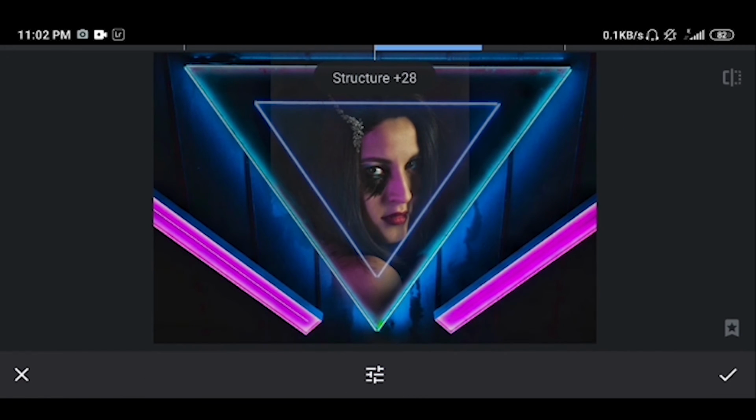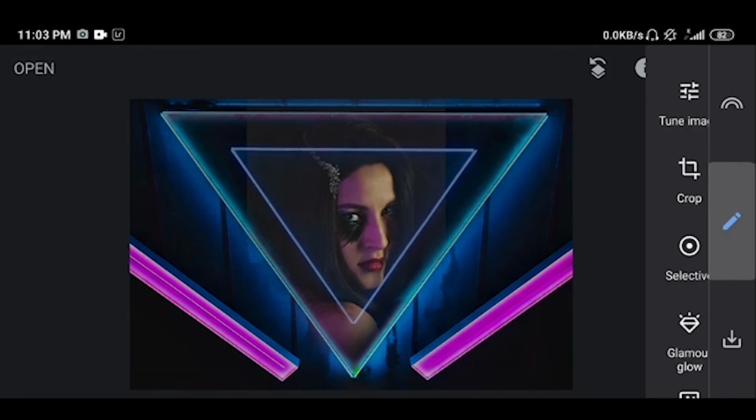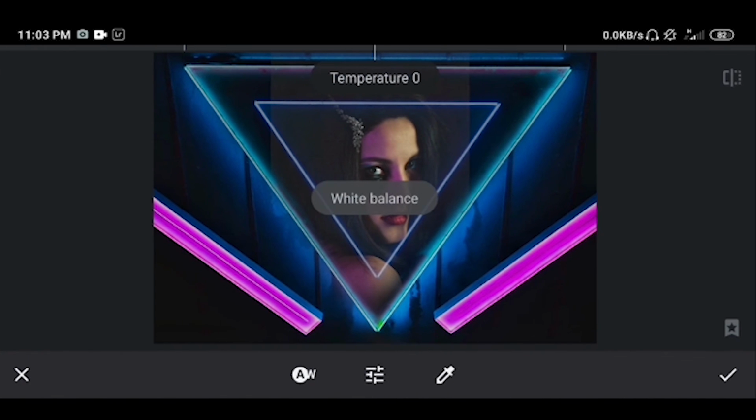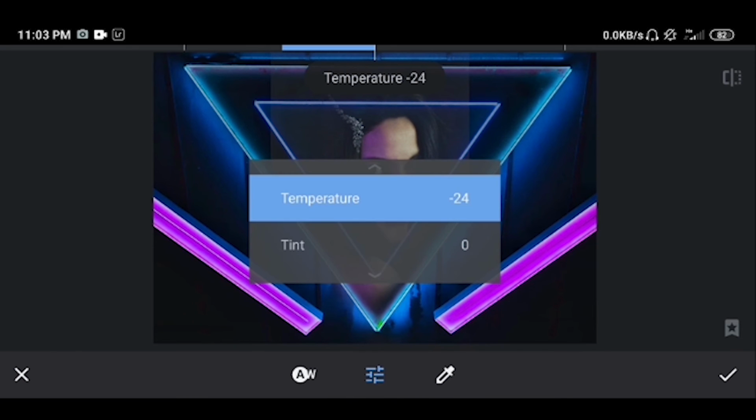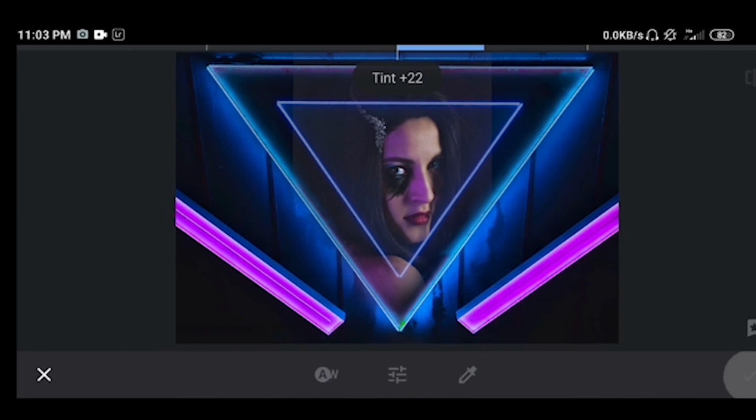And structure, decrease the structure and sharpen your photo and click on OK. Now you can see there is White Balance, decrease the temperature and also increase the tint, click on OK.